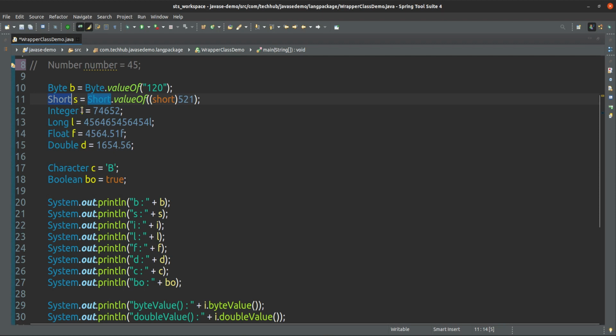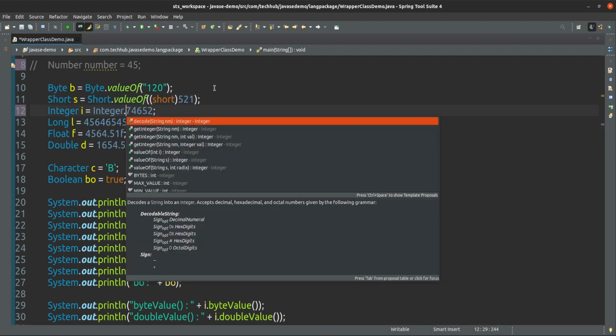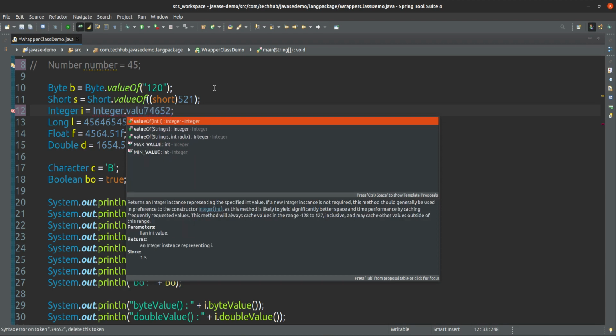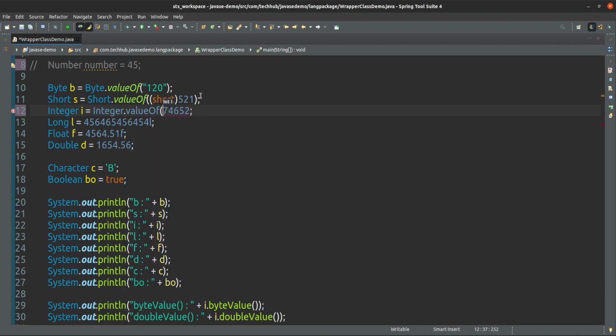If it is an Integer, then how can you do the same thing? Integer dot valueOf, that's it. That is also fine, no issue. Or if you give this value directly, that is also fine, no issue. If you directly give this one, that is also fine. That is up to your choice, how you want to do it.